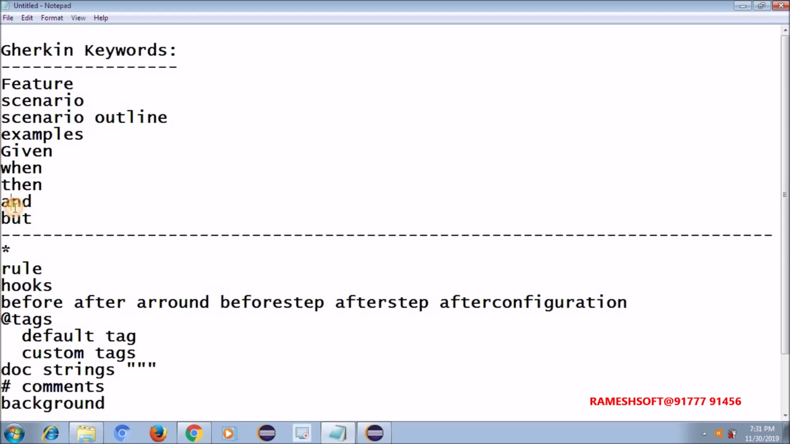And when it comes to And, and But, here we can specify the logical condition used to